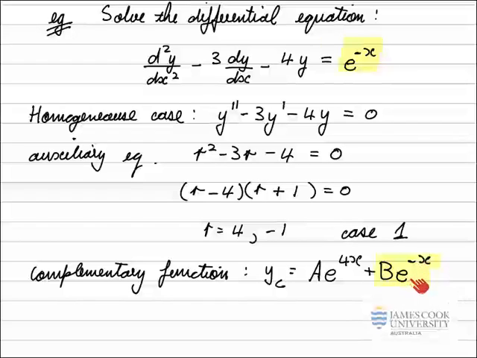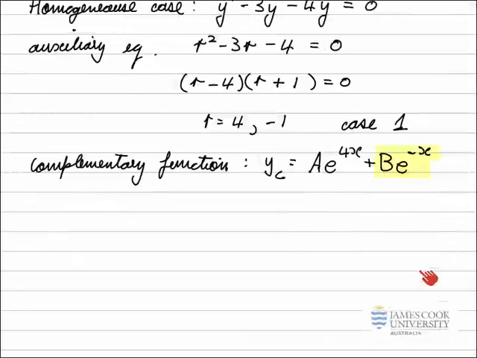So I have to take that into account when I come to choose my trial function for the particular solution. If I try and find a solution which is already part of the complementary function, the process breaks down. So just remember at this stage, looking at the right hand side, compare it to the complementary function. I see that I have the same type of function. So when I come to do the particular solution,